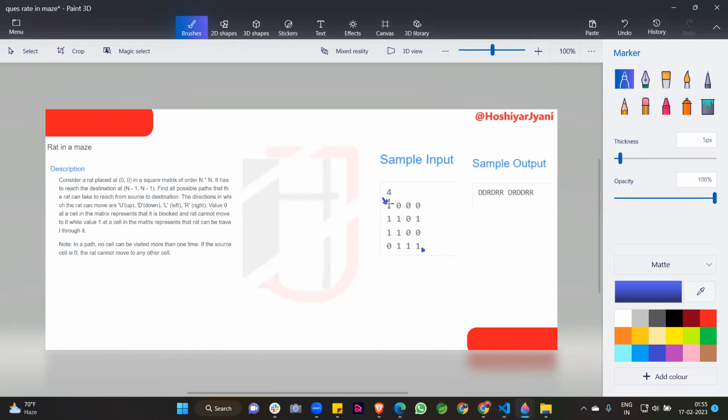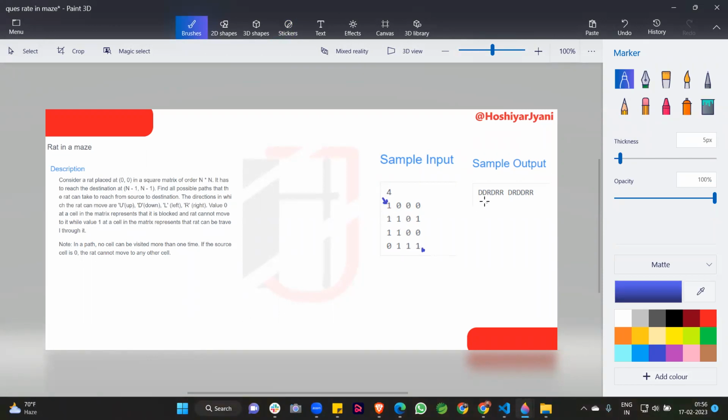The 1s in this matrix are the only way we can go, because we can go like this: 1, 1, 1, then down, then right. And we can also go like that: 1, then down, then right, then down, down, right.